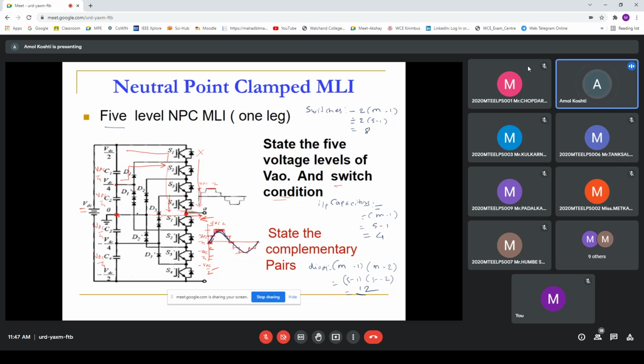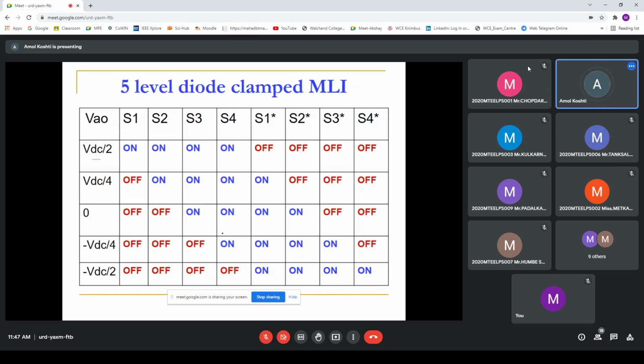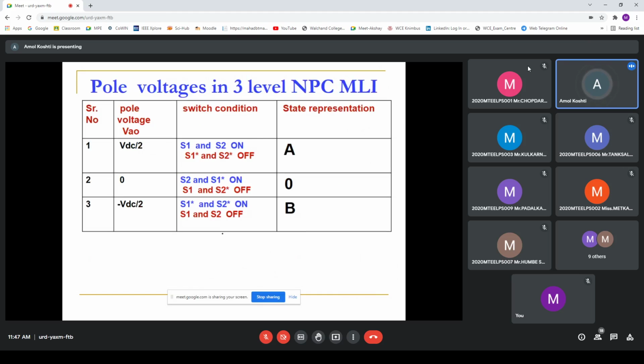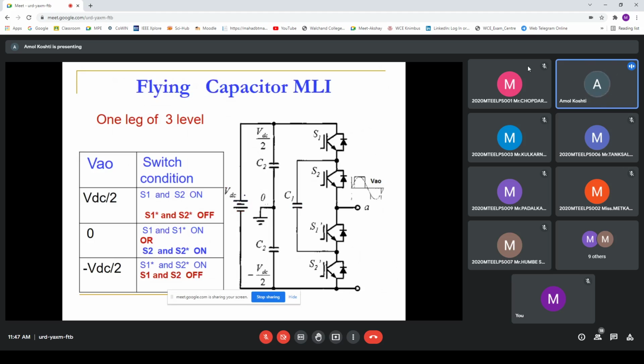I hope you understand it. I am not explaining every single switching, because there can be multiple ways, so as per your understanding you can explore. I am explaining only for the positive half. Now you can apply the same logic for the negative half. Now this is the switching combination for 3 levels. Then next,